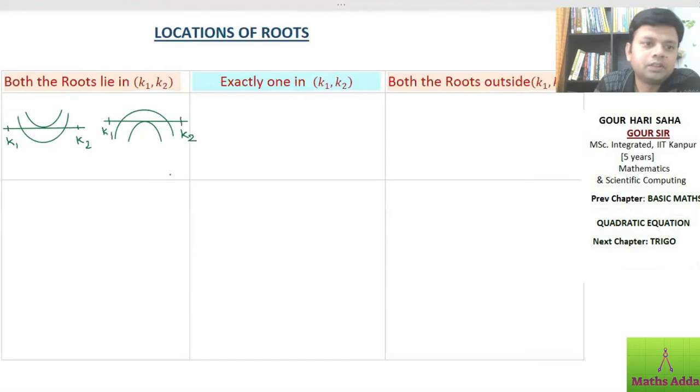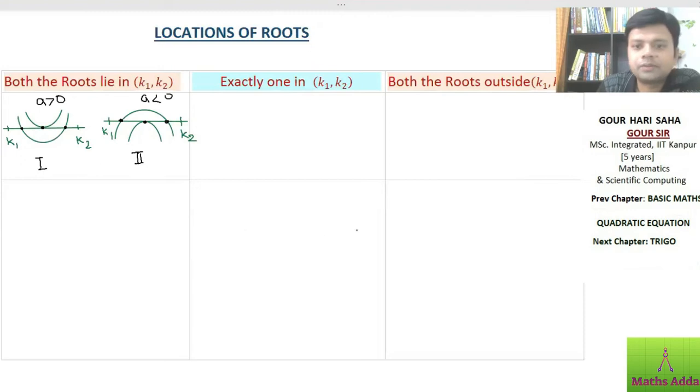So the graph will be either like this one or like this one. You see, roots are between K1 and K2. Roots are like this one or this one, right? Alpha, beta, here both the roots are the same. So this is the possibility for A greater than 0, and then here again both the roots alpha and beta are between K1, K2, and this is the same for identical roots, right? So this is for A less than 0. So these are four possibilities for the situation where both the roots lie between K1 and K2.